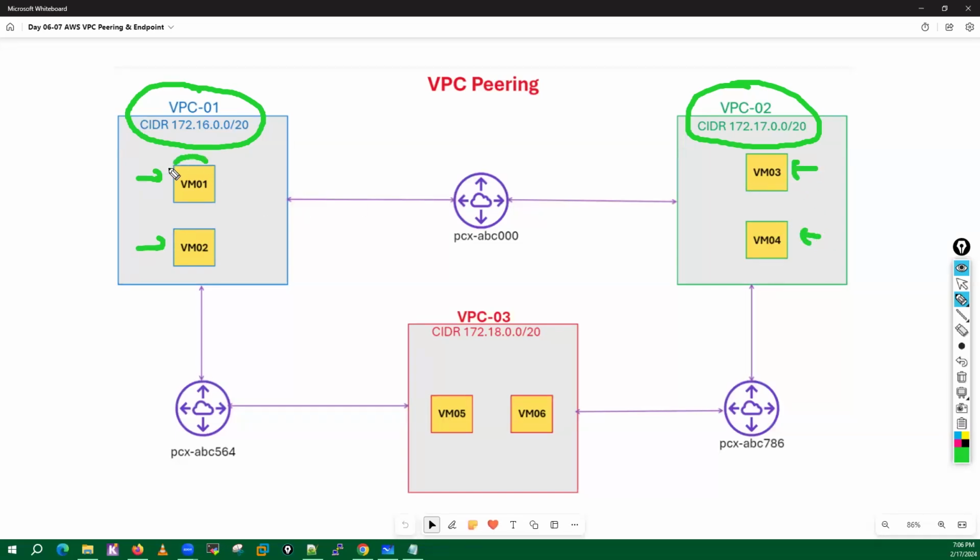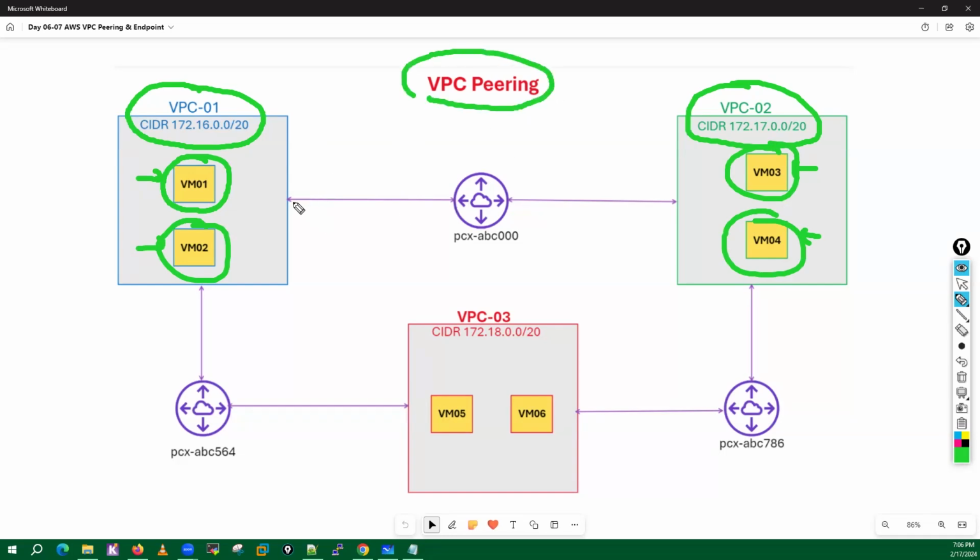If these VMs want to communicate with each other, you have to go with VPC peering, means you can create a peering between both the VPCs. Now these resources can communicate privately with each other.